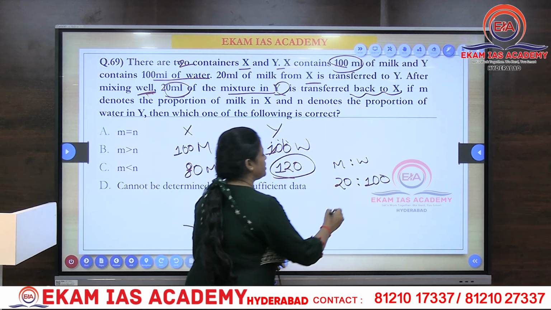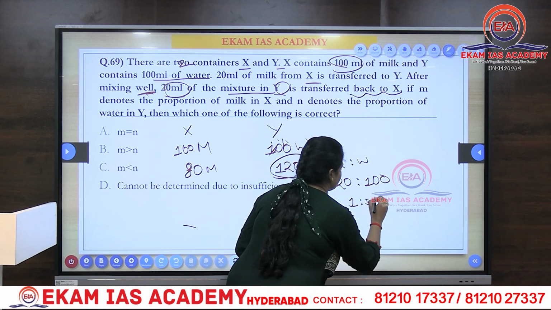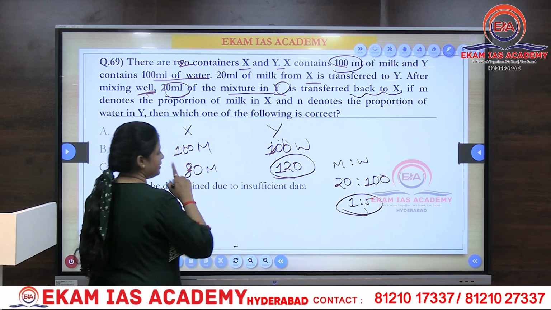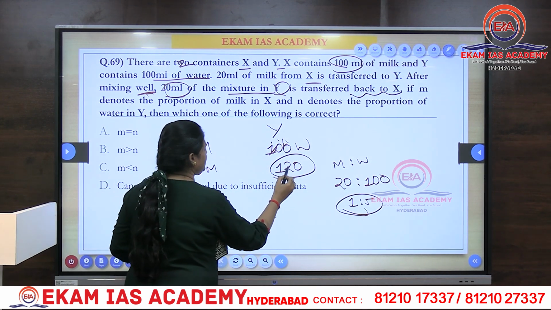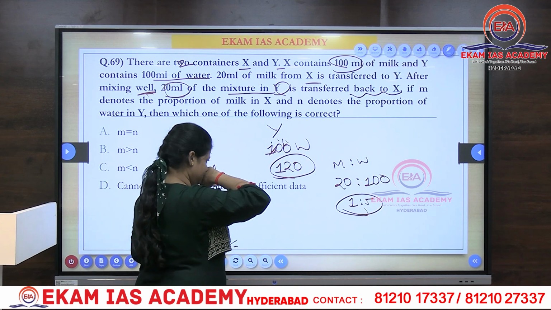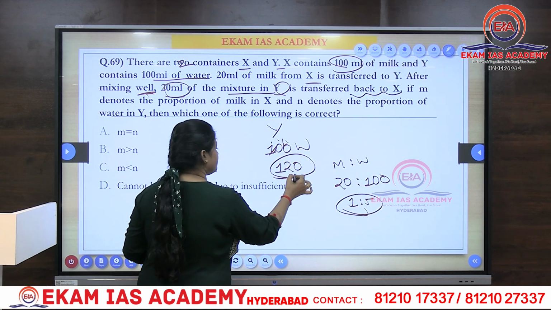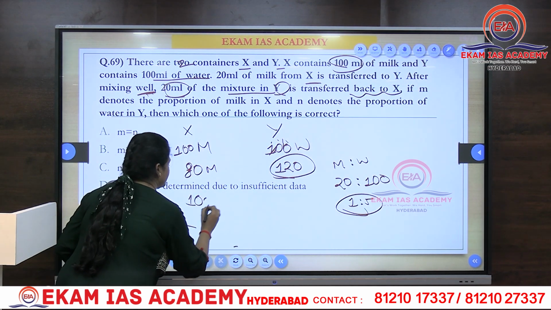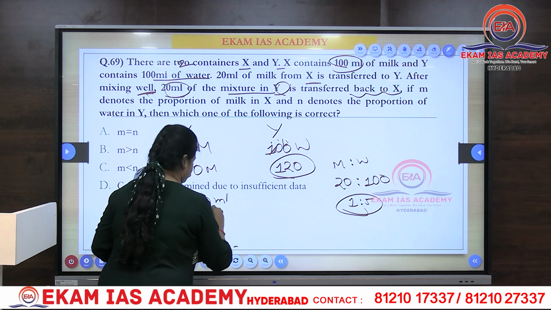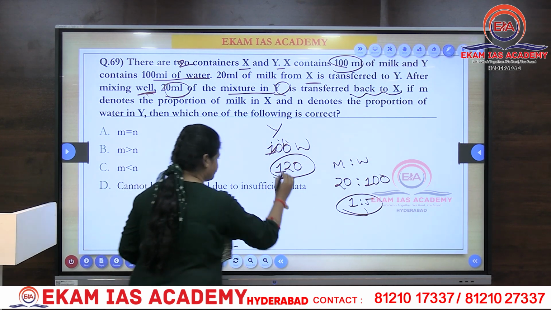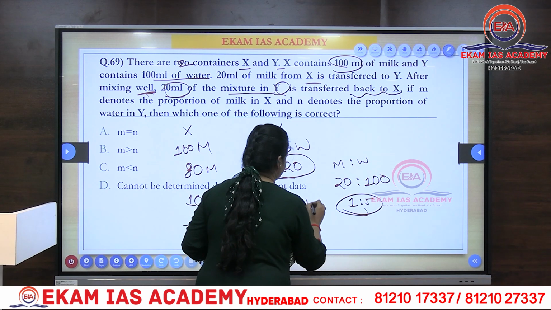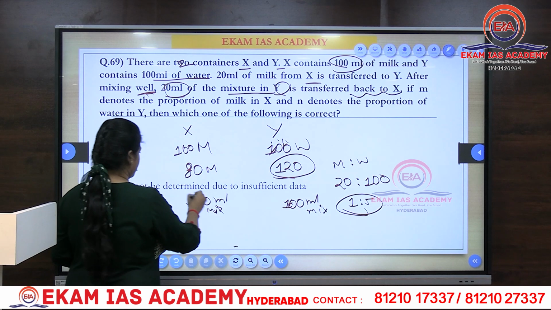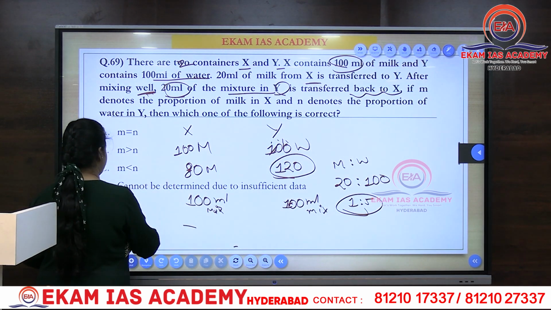Full 100 ml of water. So it is 1:5. Fine. So there is a ratio of 1:5, and here the 20 ml of this mixed solution is transferred back here. So it would be 100 ml of mix. This would be 100 ml of mix. Here in 20 ml,